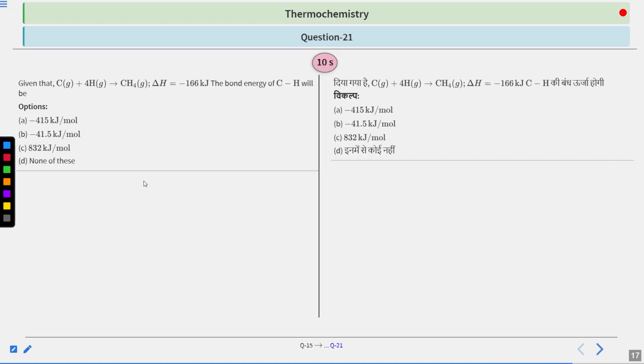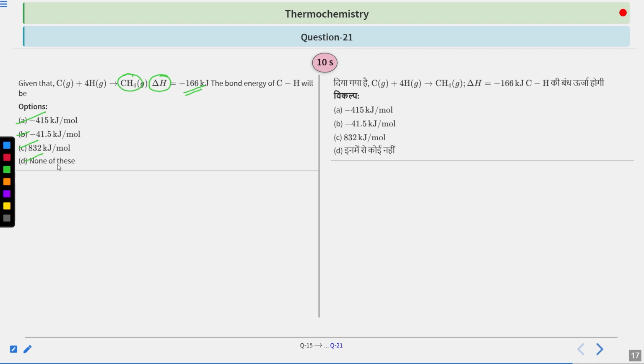So, question number 21. Question number 21 says that given that C gaseous plus 4H gaseous is giving us CH4 gaseous, whereas delta H for this reaction is minus 166 kilojoule. The bond energy of CH will be, your options are A minus 415 kilojoule per mole, B minus 41.5 kilojoule per mole, C 832 kilojoule per mole,